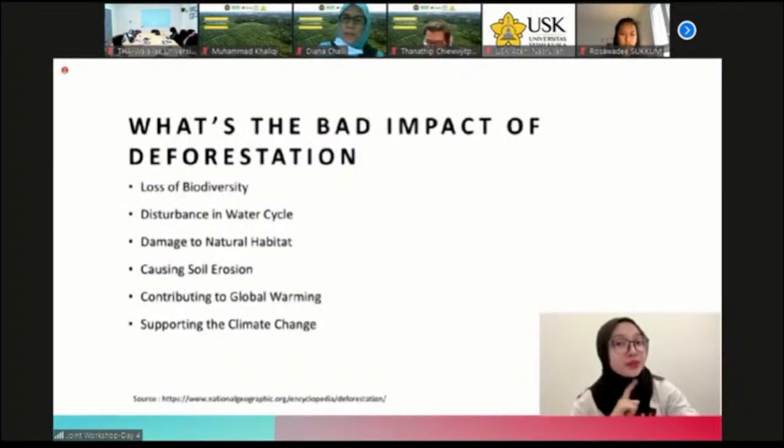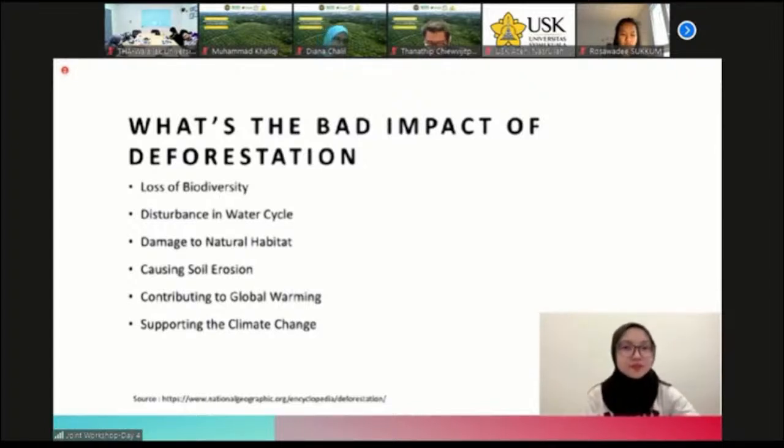What is the impact of deforestation? The first one, the biodiversity loss and associated large changes in forest cover could trigger abrupt and harmful changes. Deforestation also disrupts the global water cycle. With removal of part of the forest, the area cannot hold as much water, creating a dry climate. Deforestation can also result in watersheds that are no longer able to sustain and regulate water flows from rivers and